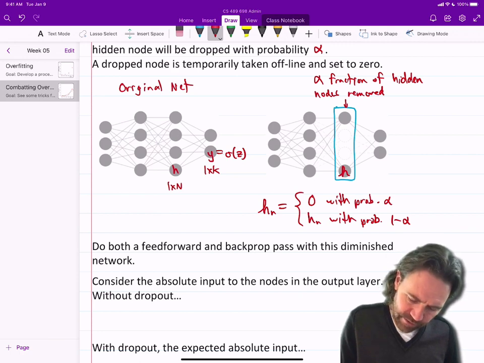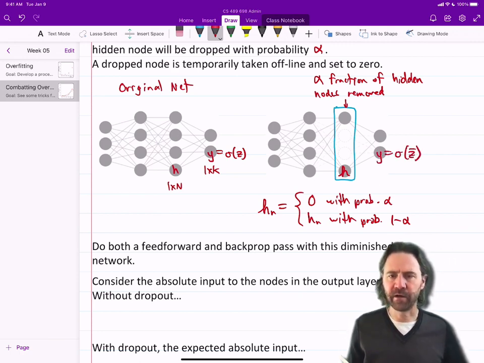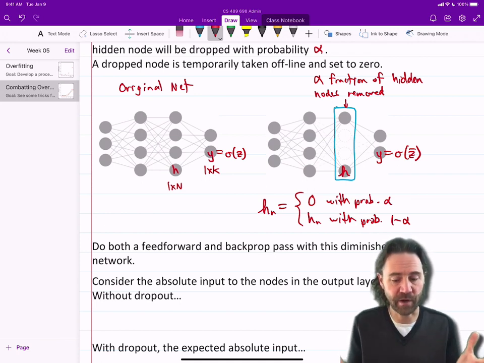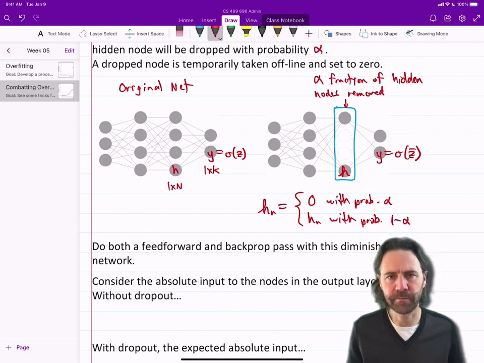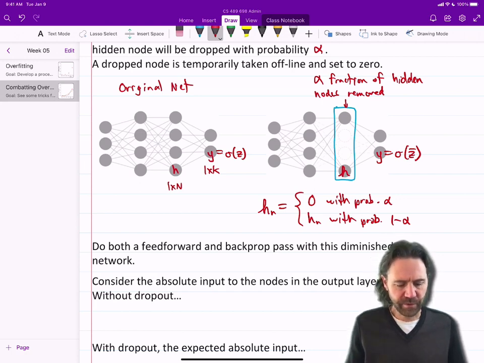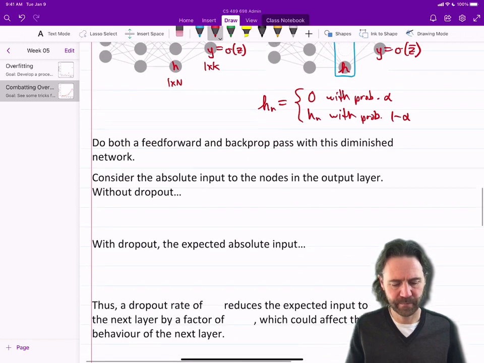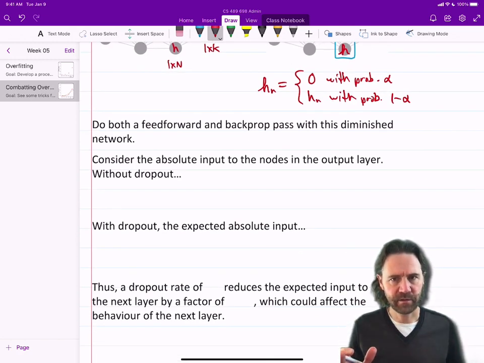Let's define some output here. Y is sigma of Z bar, where Z bar is the new input current after we've dropped some of these nodes. With these dropped nodes, we do both a feed forward and a backprop pass with this diminished network. I'll talk a little later about why this is a good idea, but right now let's finish talking about how we implement it,